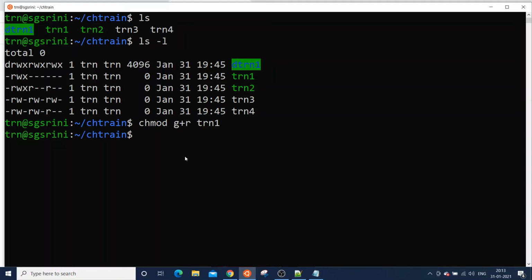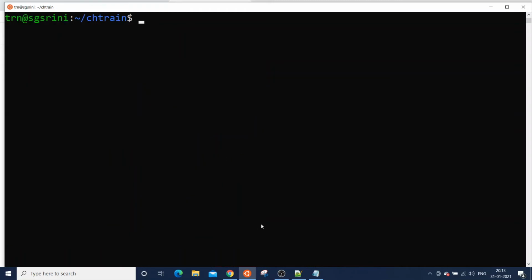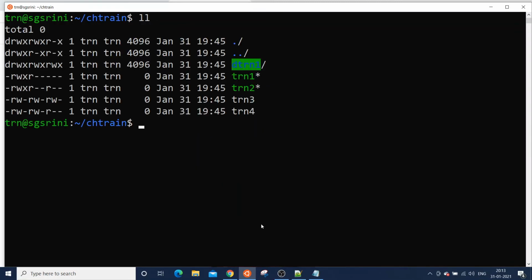So let's see. What I have done is I have given the read permission to the train1 file. Let's see how we give read and write permission for others.